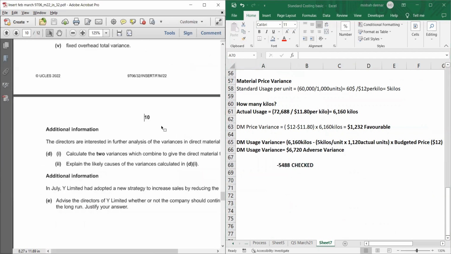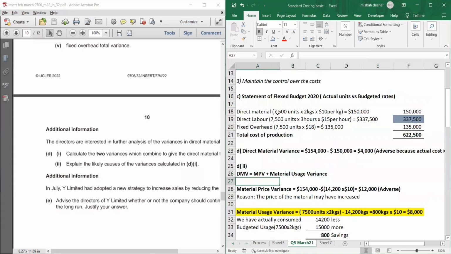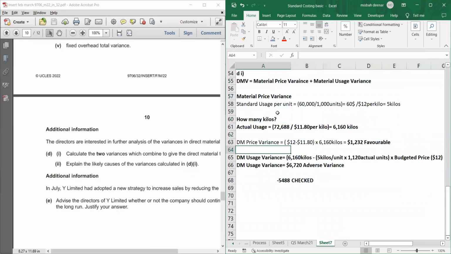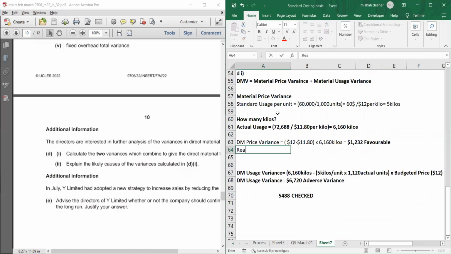Then going back to the question, explain the likely causes of the variances. So here in question 5, March 1, we got an adverse price variance. So the reason might have been that the price of material may have increased because we got the adverse variance. Here, if we see the price variance is favorable. So what would be the reason? The reason could be